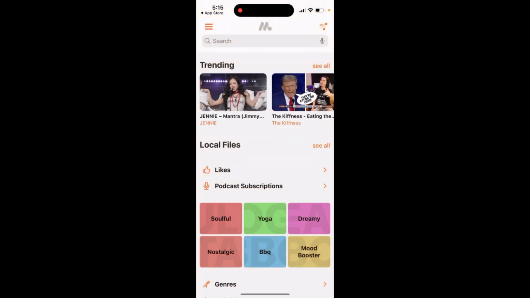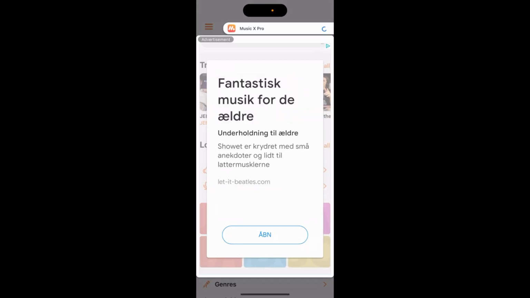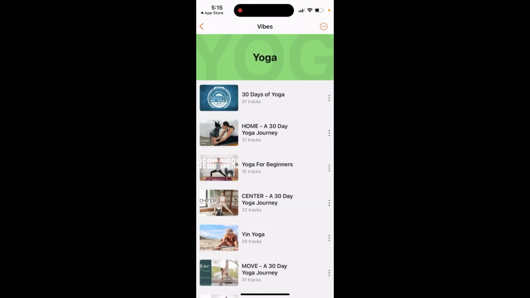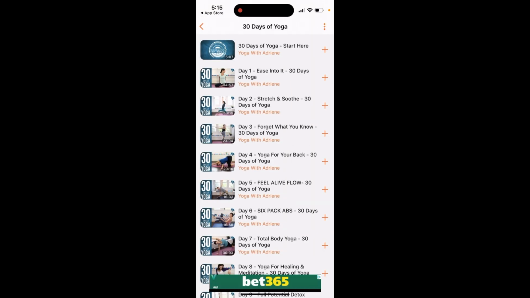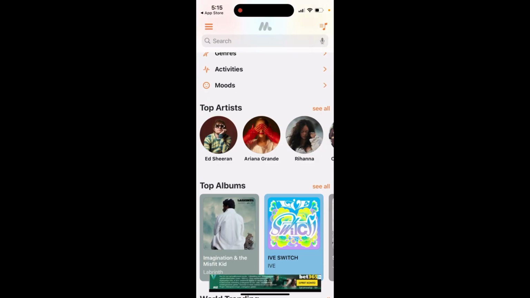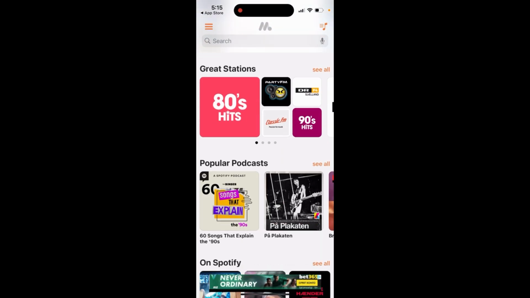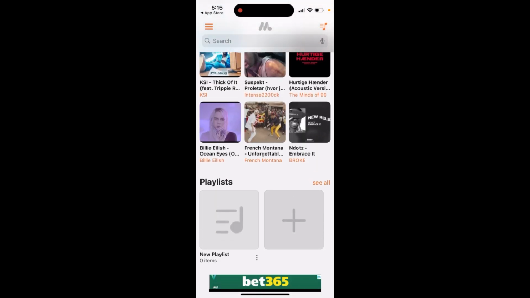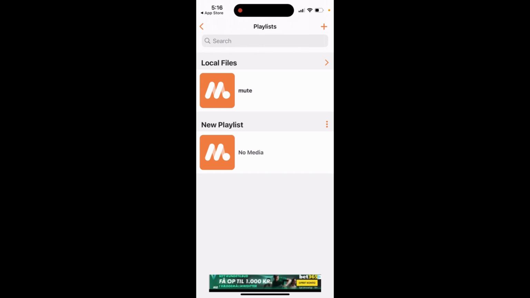And yeah, here is the app. The idea is that you can just create playlists here. So it's a very similar concept to the Music app, and then you just have playlists, and then you can just organize it. There are some artists, top albums, and that's just what it is. You create playlists,